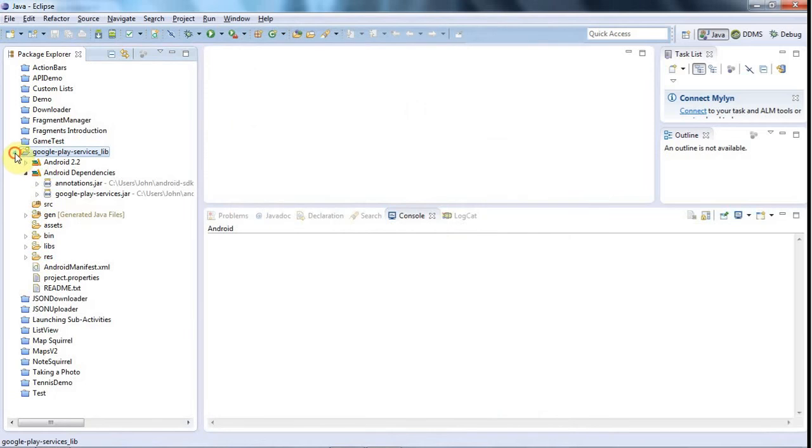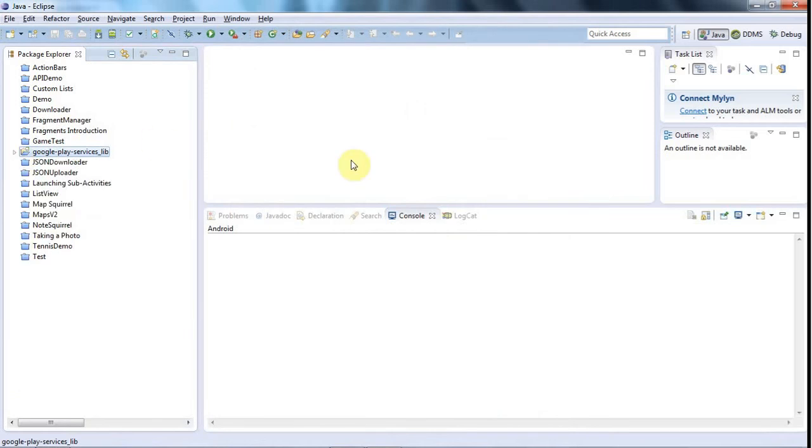So I think I'll leave it there for this tutorial, and in the next tutorial probably we'll look at getting an API key and creating a basic project